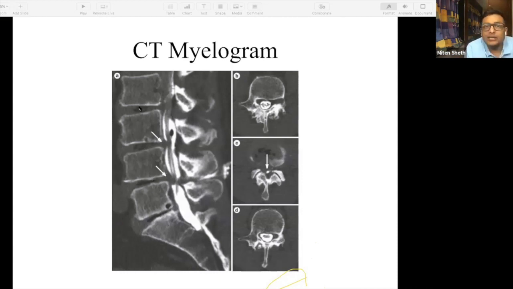Okay. So these black spots are called vacuum signs. Vacuum signs are most commonly and easily seen on a CT scan, but they can also be seen on an X-ray, which means on an X-ray, you will see bones and you're going to see empty disc space and suddenly a black spot. This black spot indicates that there is a lot of axial or dynamic instability at that place. So that's basically what a vacuum sign is all about.